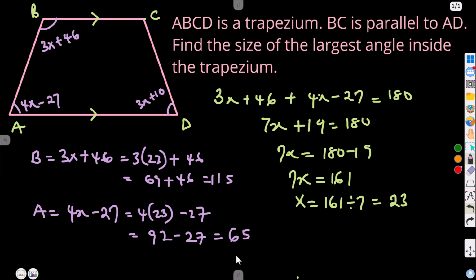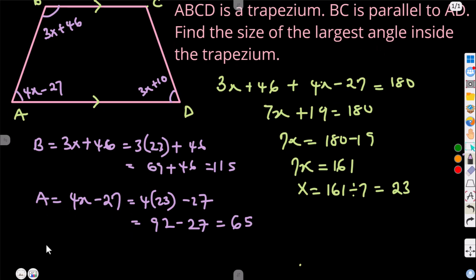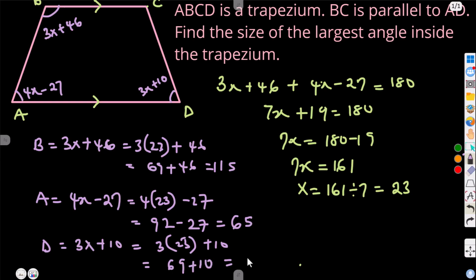Good. And angle D will be 3x plus 10, and x is 23, so 3 times 23 plus 10. Of course, 3 times 23 is 69. Plus 10, I think that will make 79. All right,